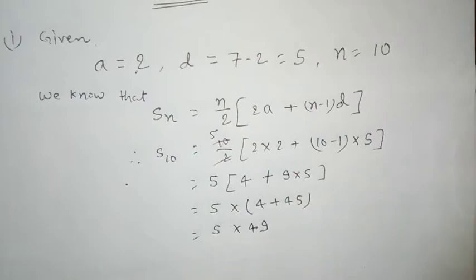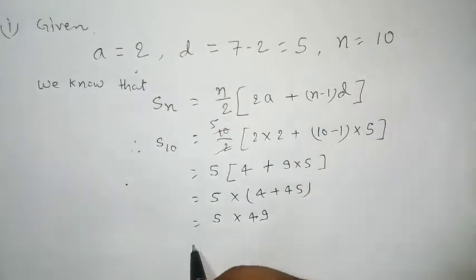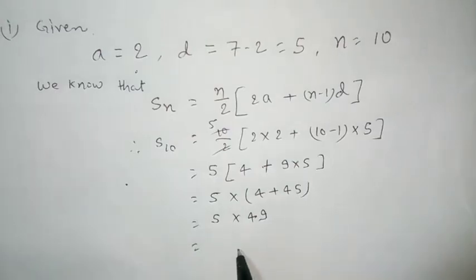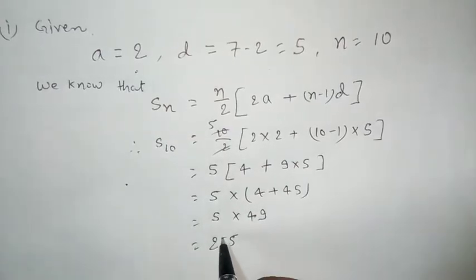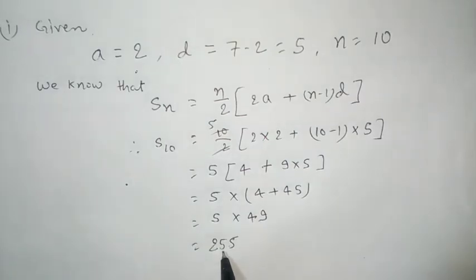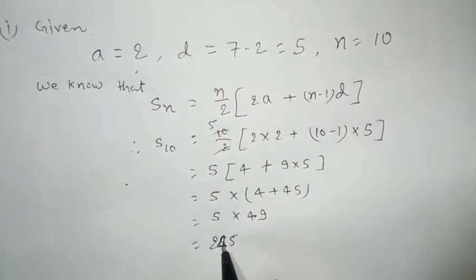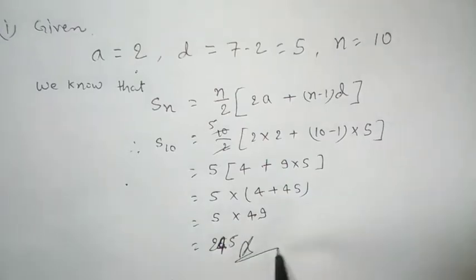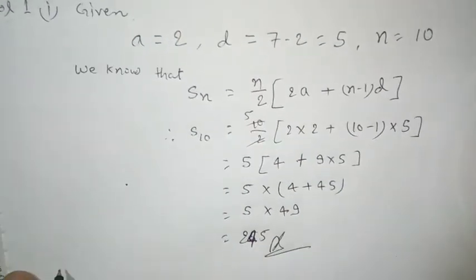So you multiply 49 by 5: 9 fives are 45, 5 fours are 20 and 5 is 25, so 245. Answer. The next